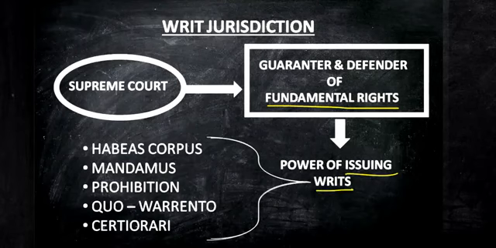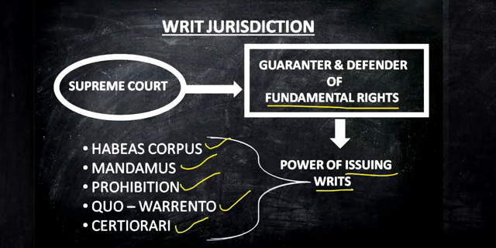And there are certain constitutional writs. Those constitutional writs are habeas corpus, which means you may have the body, mandamus and prohibition, and the fourth one is quo warranto, then the fifth one is certiorari. And what are these writs? We will discuss these writs in a separate video. So these are different writs through which the Supreme Court ensures that citizens are guaranteed the fundamental rights. Is it clear? And under Article 32, these constitutional writs are mentioned in our constitution. Is it clear?